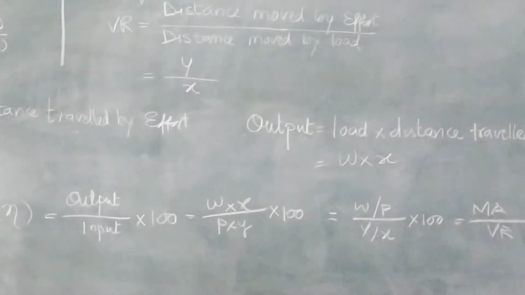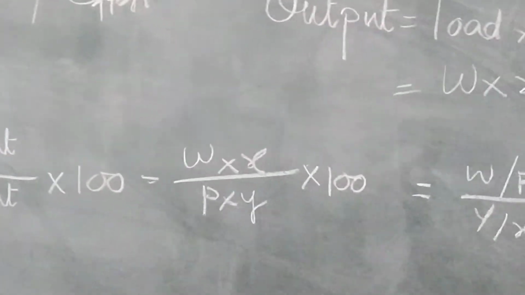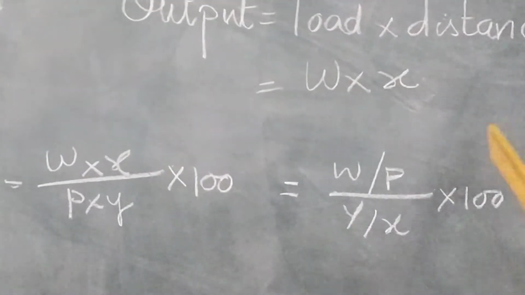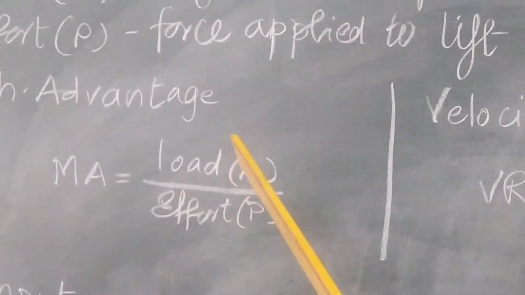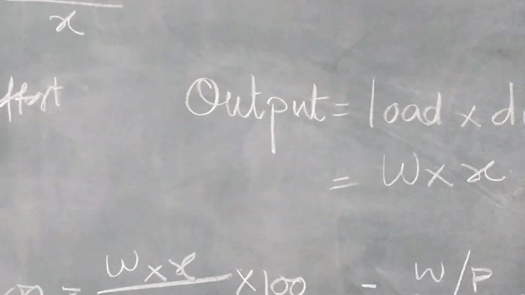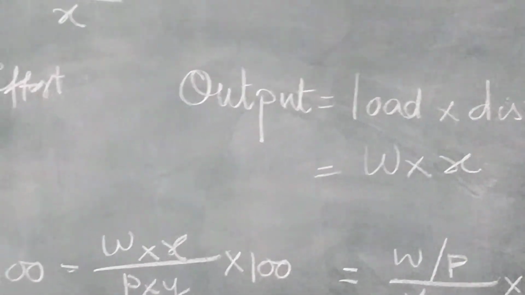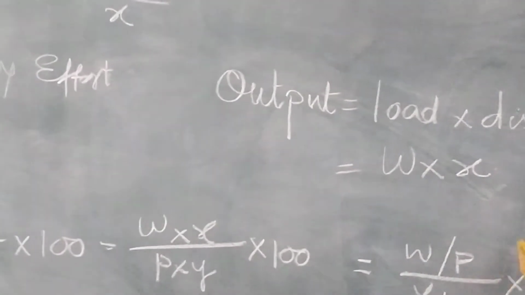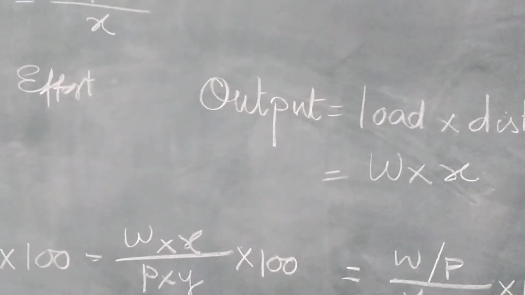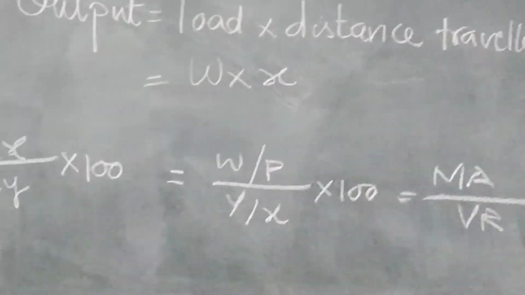But W upon P, we have seen, is mechanical advantage, and Y upon X, we have seen, is velocity ratio. So, we can convert this W upon P divided by Y upon X into 100 as MA upon VR into 100. Very simple